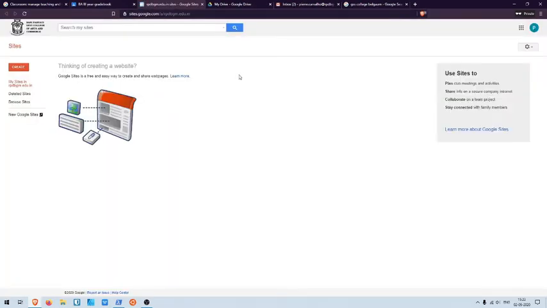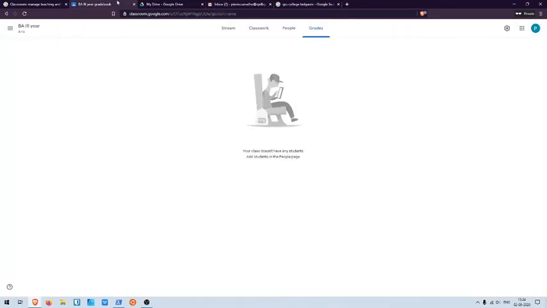You can create your own sites by just dragging and dropping different sections, and we'll be doing that in the future, where you can put information in one place if you want. You can give access to the students so that they can upload information as well, or you can just do it directly. You don't require any coding experience to use Google Sites, and this is public for anyone. So you can share it with the rest of the people, especially if you've got some project work that you want to share, just to showcase the work that your students do. This would be a perfect way to make a site and share it with them.